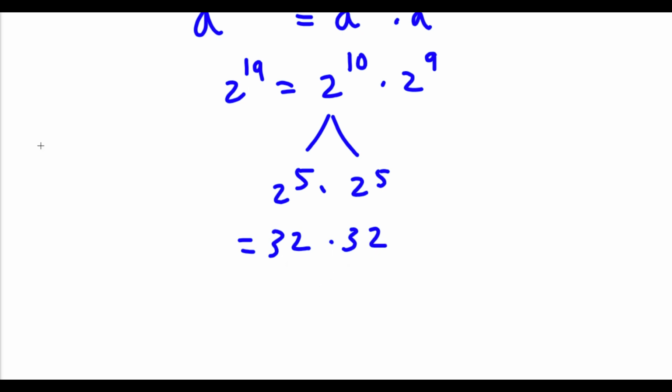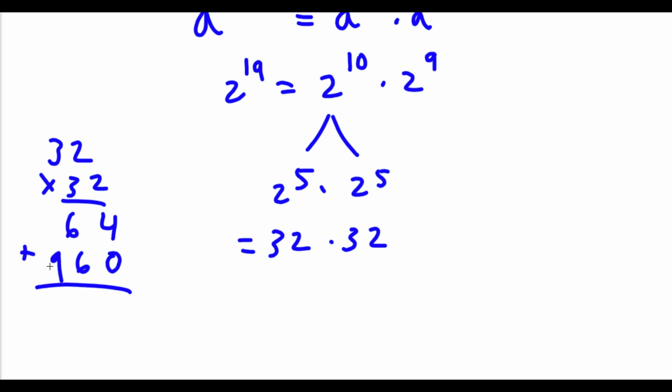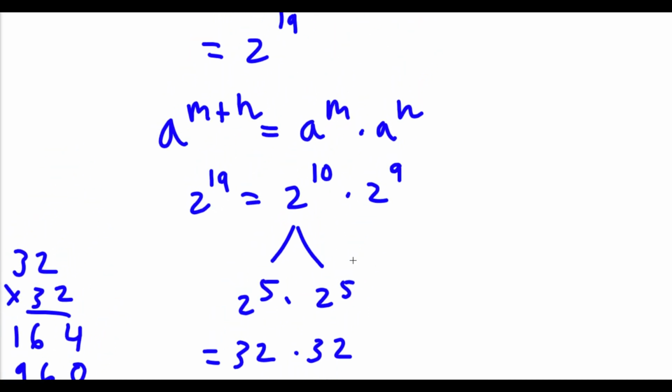And 32 times 32, I'm going to do this here. 2 times 2 is 4, 3 times 2 is 6, 3 times 2 is 6, and 3 times 3 is 9. So if I add these, I get 4 plus 0 is 4, 6 plus 6 is 12, 9 plus 1 is 10. So I get 1024, and now I have this